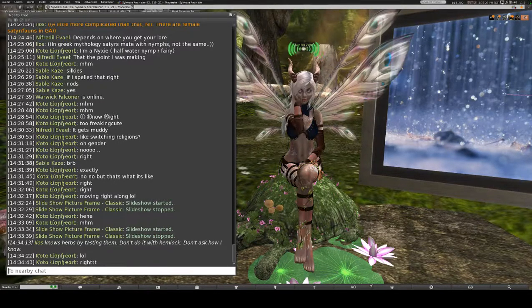I play a druid. I play an earth-based element Fae and an earth-based druid. So my affinity to be able to use that element is more exponential than, say, if I was an air element based Fae with an air or an earth element based druid. If that makes sense.